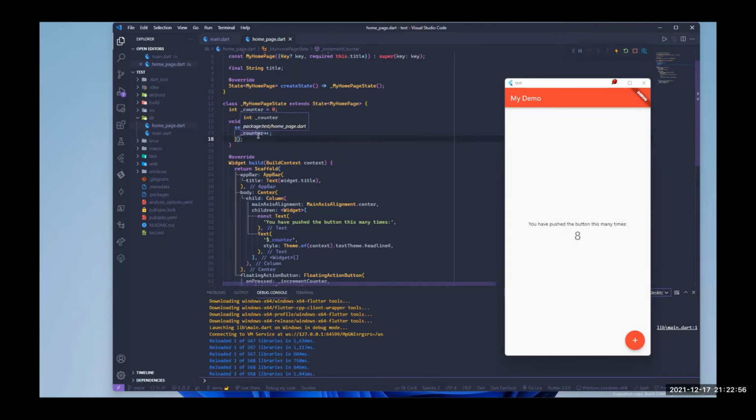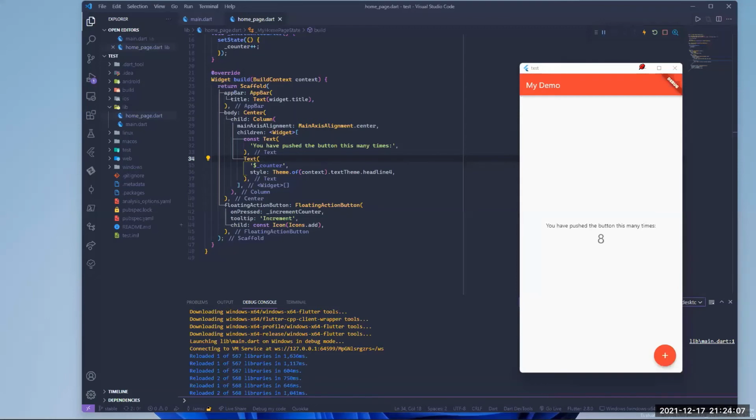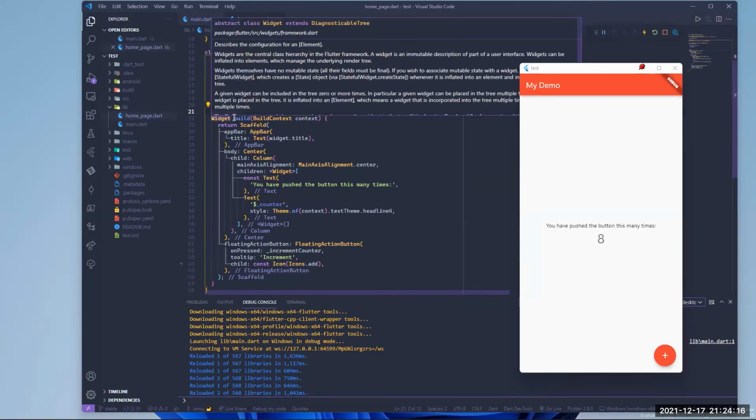So whenever we increment counter, this is one of the things that we can put in our setState function. We want our application to know that counter has incremented. That's why we are putting counter inside the setState. So we are calling the setState in the incrementCounter function. So in the build method,